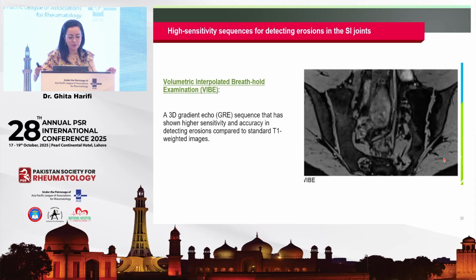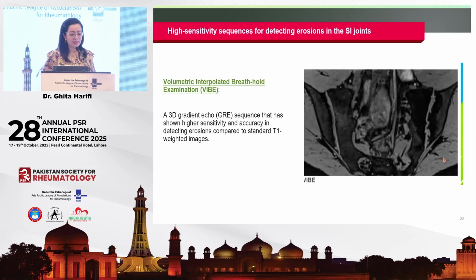And we have now the high sensitivity sequences for detecting erosions in the sacroiliac joints. One of them is quite famous now, called VIBE, volumetric interpolated breath-hold examination. So what is this? This is basically 3D imaging versus the 2D imaging that we usually do with T1. Instead of 2D imaging, we have 3D imaging, which offers a greater sensitivity than standard 2D T1